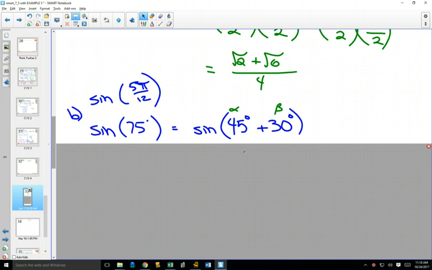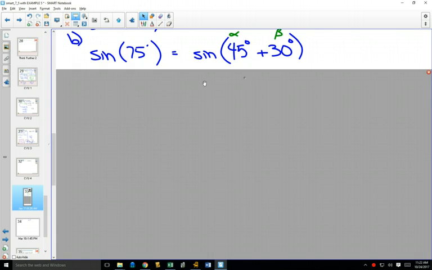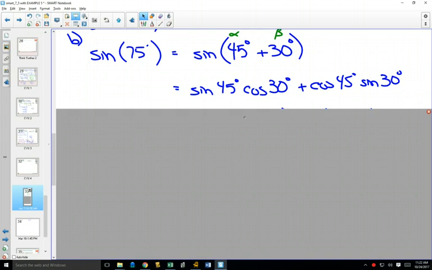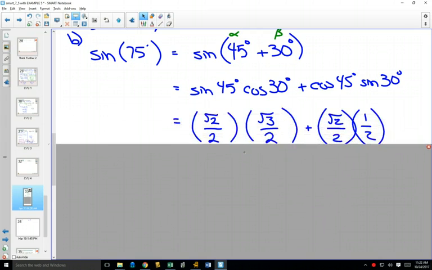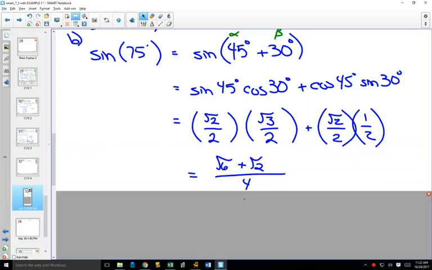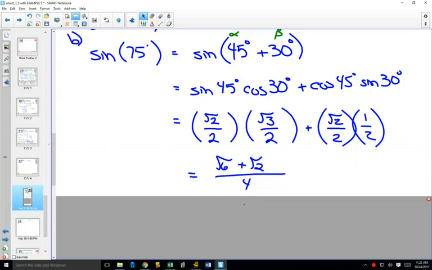So I would like you to go from here, there's your alpha, there's your beta, and fill in the work and see what you get as your answer. I will show you in a second. Okay. So use your sine alpha plus beta formula. It has a plus sign in between. Get all those values from your pie plate, and it just so happens to be that it is the same